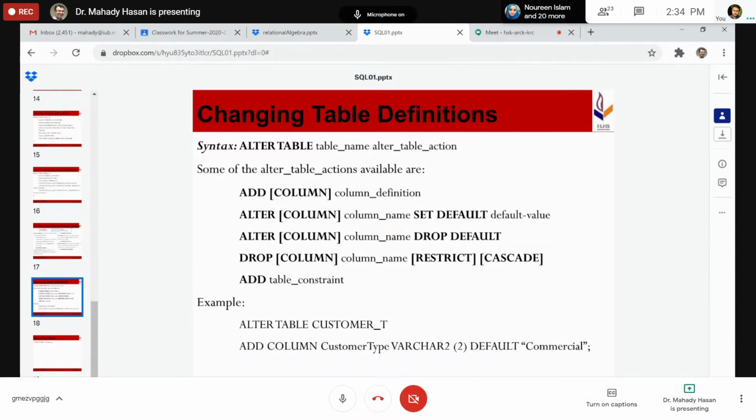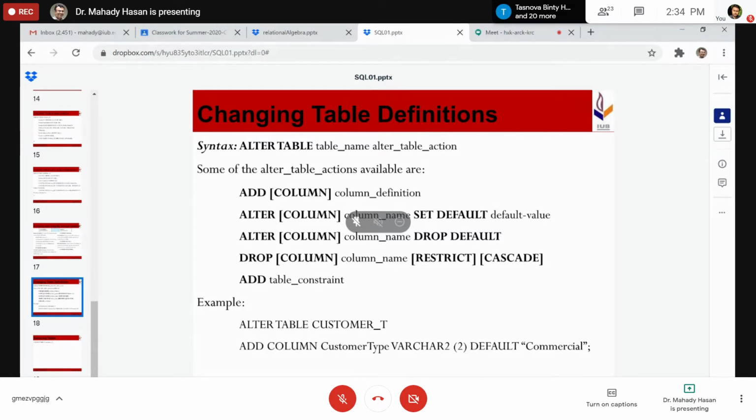Anything else? I believe we have talked about these things. Remember, once we are talking about constraints like foreign key, if some foreign key would be removed, while we were discussing the foreign key concept, we mentioned there are 3 ways we can handle this problem.